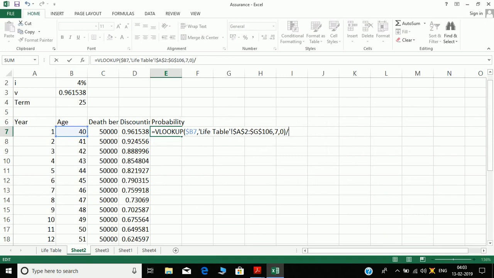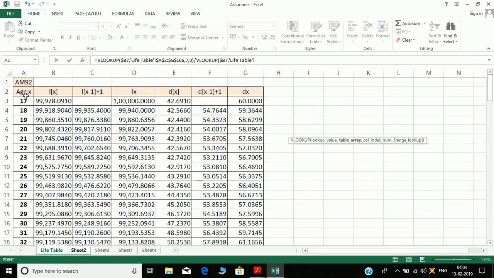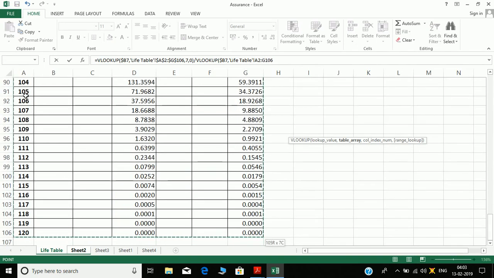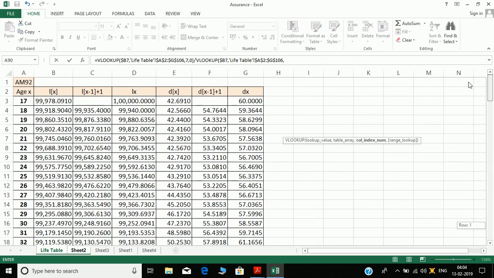So probability is dx by lx. So divided by, again VLOOKUP, lookup value L40 for lx, and see in the life table tab I will go and select my table array F4. Again, lx is which column? 1, 2, 3, 4.